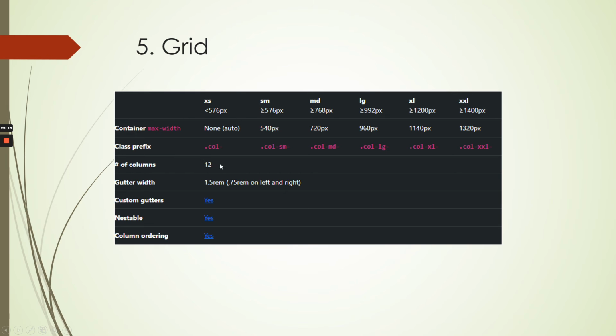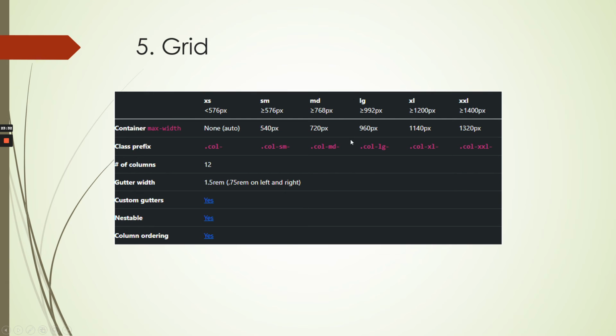Okay, there are 12 columns, and these are all the codes. Now we didn't target this screen LG, which means MD's value will be applied for LG as well.